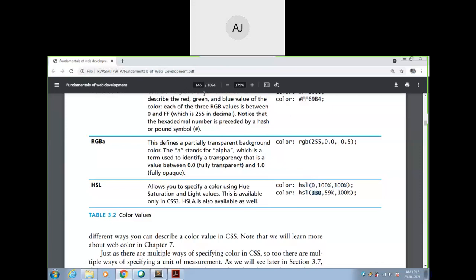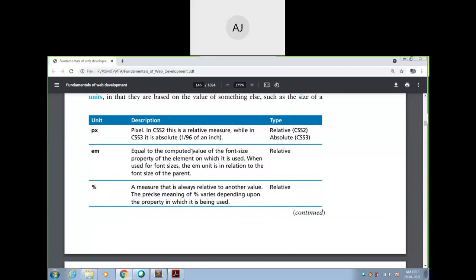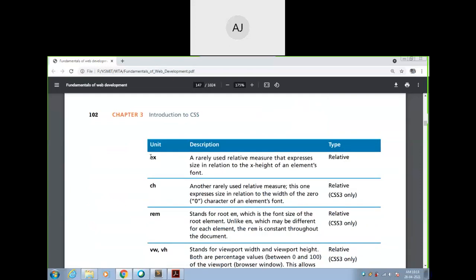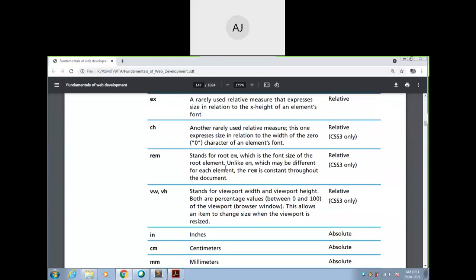Is it okay, guys? So this is defining the properties and the values. And one more for the text: you can use pixels, px, em, which is one relative measurement, then percentage. For example, if you want to create a text box, it can be 10% of the complete window. Then you have ex, which is also relative, that is x-height. Then ch for non-zero numbers, characters. Then rem, which is the same as em, used in CSS3 only.